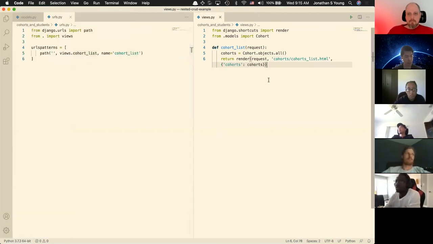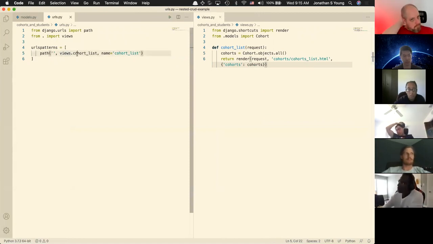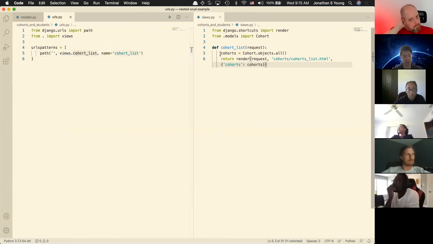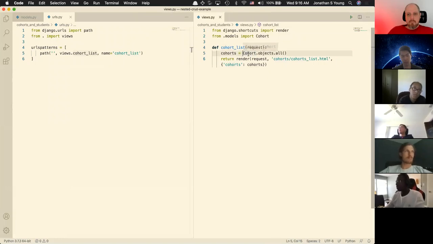Right, so let's see what we've got here. Somebody makes a request to /cohorts. I'm going to take you to the views file, specifically the cohort list. Inside of there, I'm going to grab all the objects from the database. Remember, this is the M of MTV, model template view. So I've got this model, capital C Cohort. It talks to the database. It gets all the records from the database and saves them inside this variable called cohorts. Then I'm going to pass it off to the cohorts folder, specifically the cohorts list HTML template. And that's going to need some data, which is cohorts equal to the cohorts that I found on line